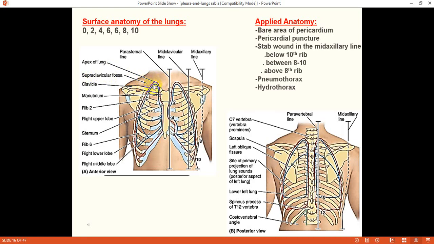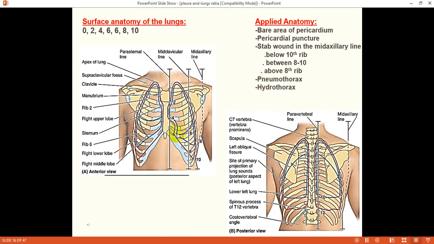Then from here, the anterior border can start from the sternoclavicular joint, and then at the sternal angle it comes to the median plane. In the median plane on the right side, the anterior border can be marked up to the right 6th sternocostal joint. The anterior border of the left lung deviates from the 4th costal cartilage 4 centimeter away from the median plane up to the 6th costal cartilage to represent the region of the cardiac notch.